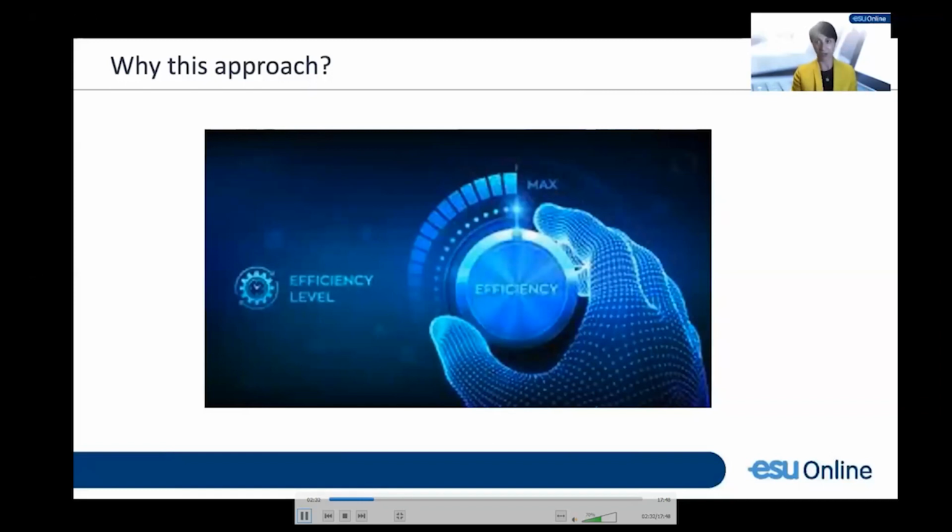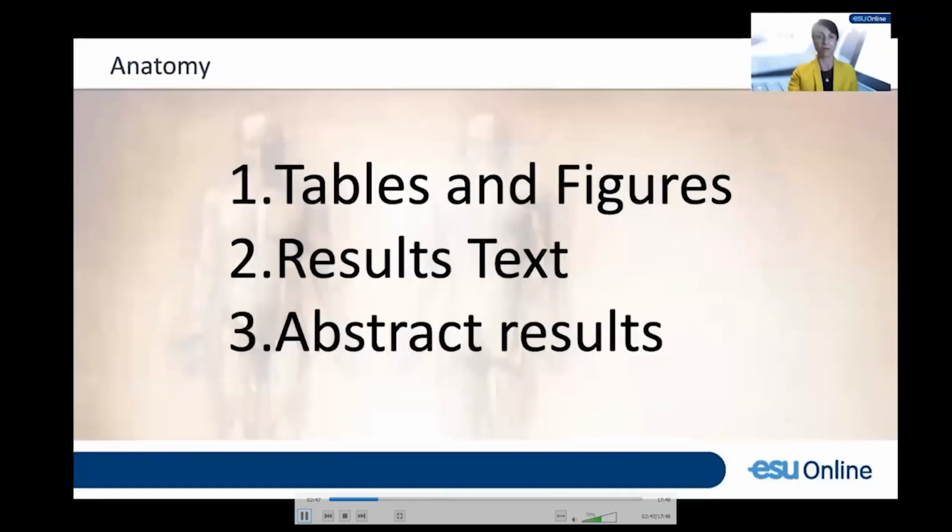And likewise, writing the discussion, I think, is really important to do at the very end when everything is said and done, because then you can really use that to efficiently respond to your results, contextualize them within the literature, and then make recommendations for next steps and talk about why they're impactful and meaningful.